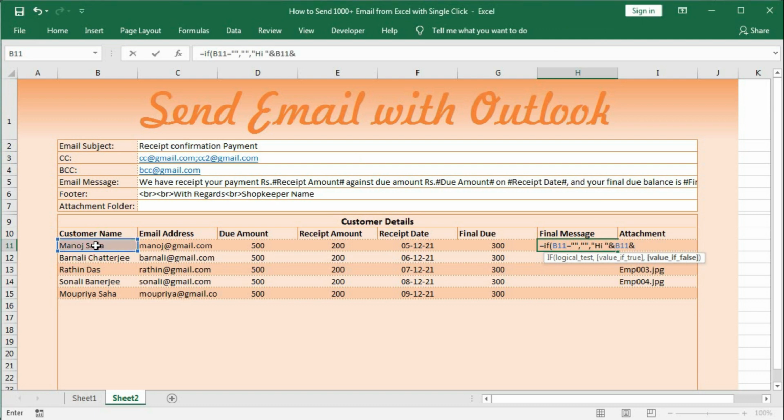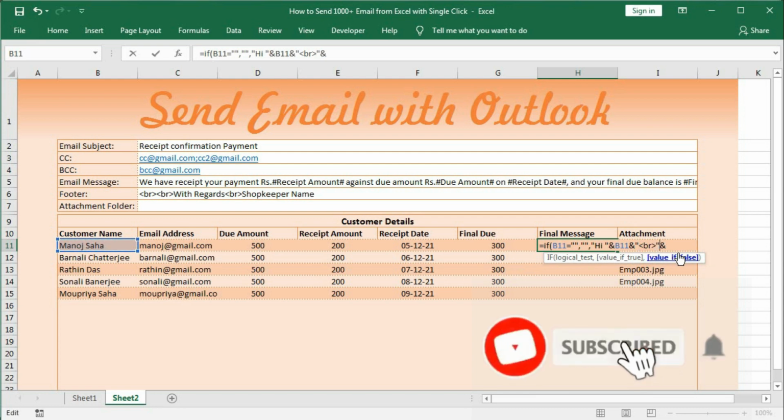Now we will give a line break. So for that, angle bracket br angle bracket, then again and, but this should be within quotation, okay.